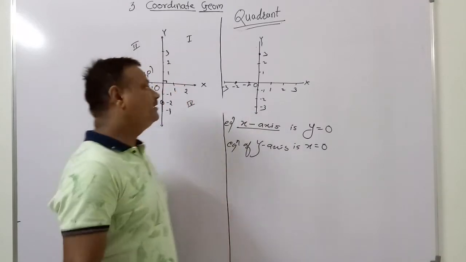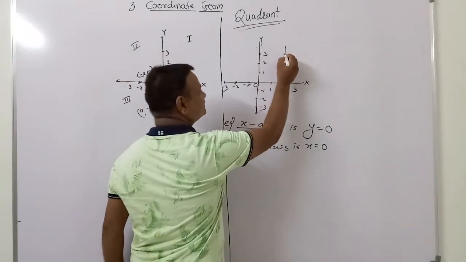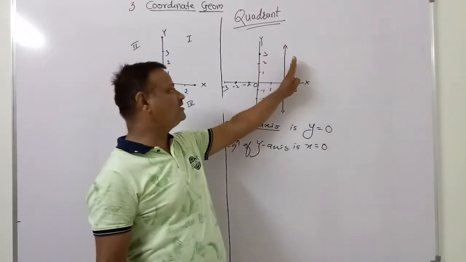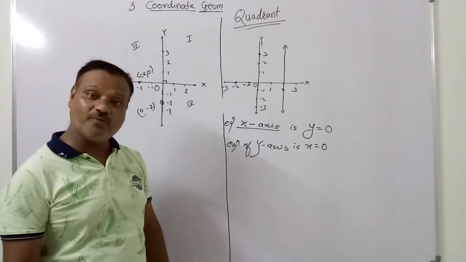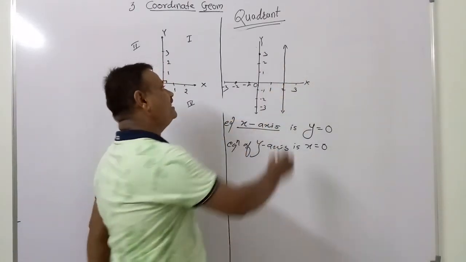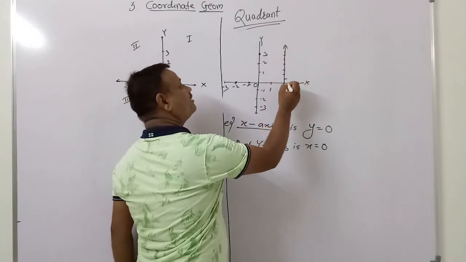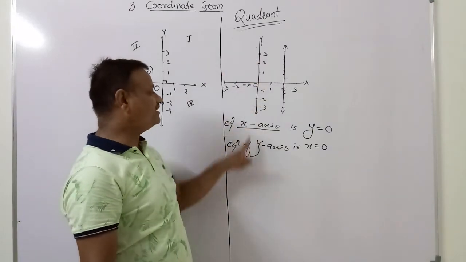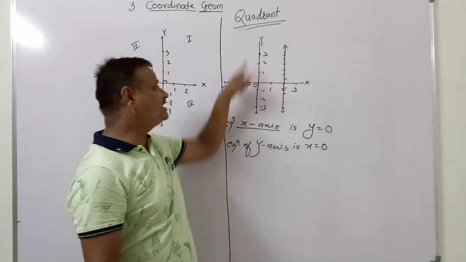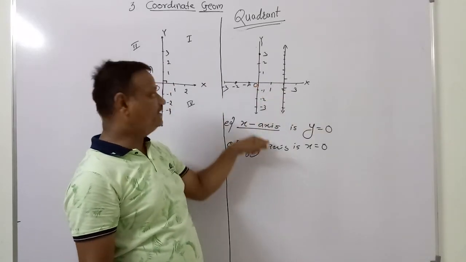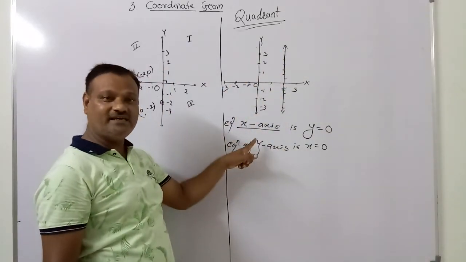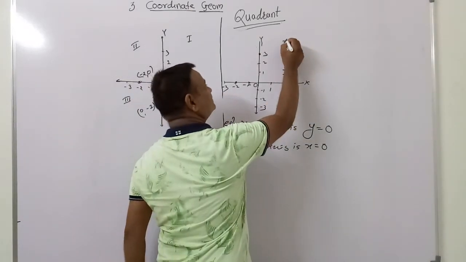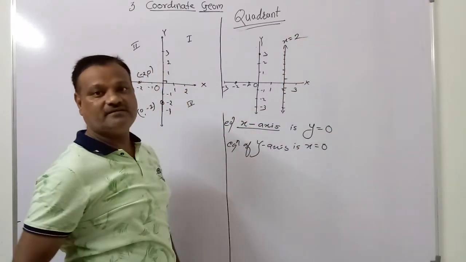Got it, everyone? Now, if I draw the line like this, this is your line. Okay? Now, this line is parallel to y-axis. किसको पैरेलल है? ये y को पैरेलल है. अब इसको y को पैरेलल है तो कहीं पे भी पॉइंट ले लीजिए आप, इसमें y के कोऑर्डिनेट चेंज होंगे मगर x के कोऑर्डिनेट चेंज होंगे क्या? नहीं. आपने y का इक्वेशन क्या बोला? x is equals to 0 because y axis intersects x axis at 0. Here this line is parallel to y axis and intersects x axis at 2. Therefore its equation is x is equals to 2. Got it? ध्यान में आ गया इतना?